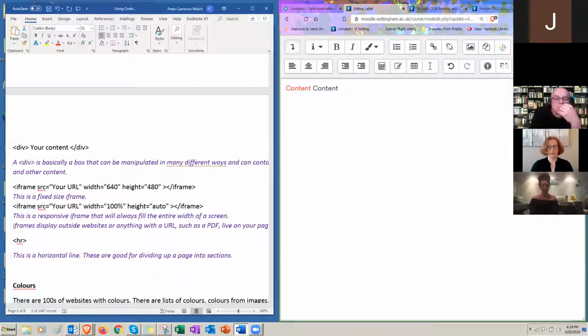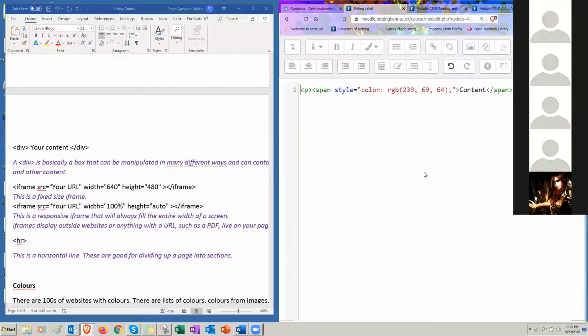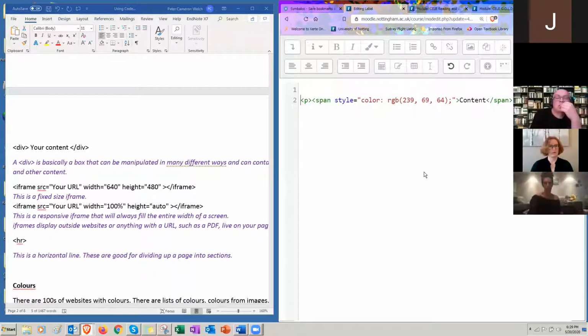One thing that I use a lot is a thing called a div. Now divs basically are boxes. You can't automatically create a div in Moodle. You have to write it. So if you want to use divs, you need to write div, and then you can add whatever style you want to the div. And to add, this is the CSS, to add style, it's just style equals